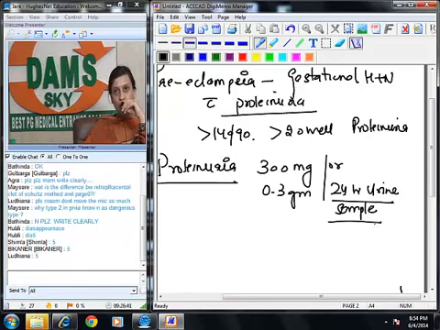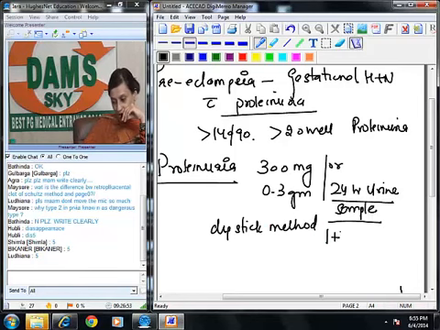The value of protein should be more than or equal to 300 milligrams or 0.3 grams. And if we are using the dipstick method, then in dipstick method we say 1+ is the criteria to diagnose proteinuria. So 300 milligrams or 0.3 grams or 1+ on dipstick will be called proteinuria, and together this condition is